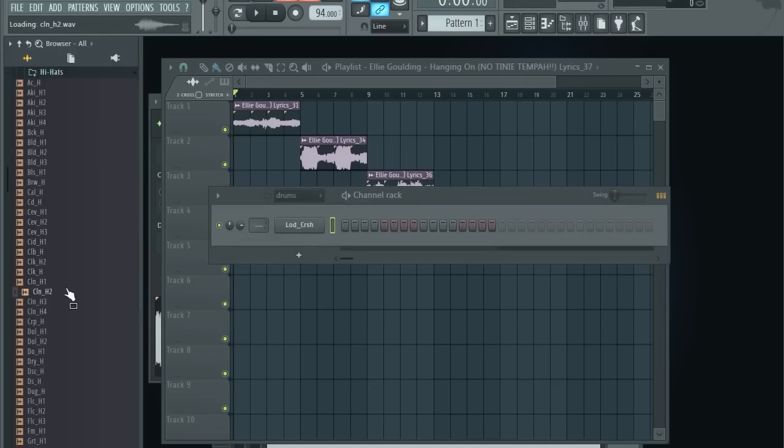Okay, so this is one rule you can use when you make your beats. You might want to listen to the sample, click on the left side, and listen to the sounds you have and see what matches. When you make your beats, when you make your music, you want to use what you like, okay? So if it sounds good to you, use it.